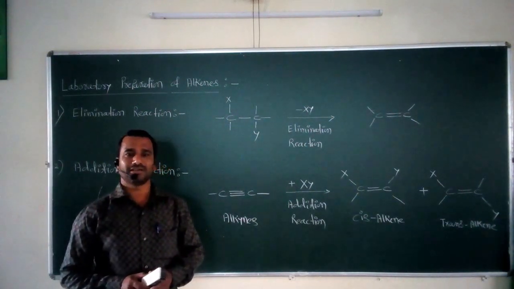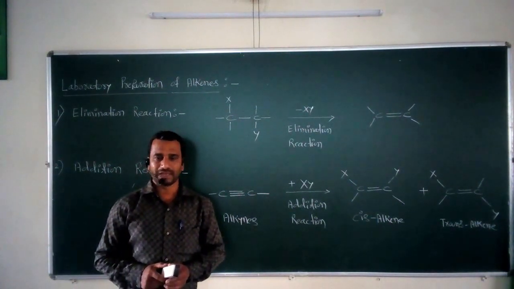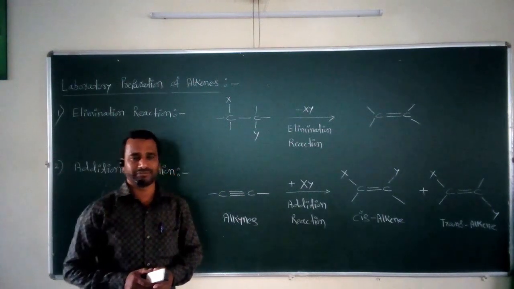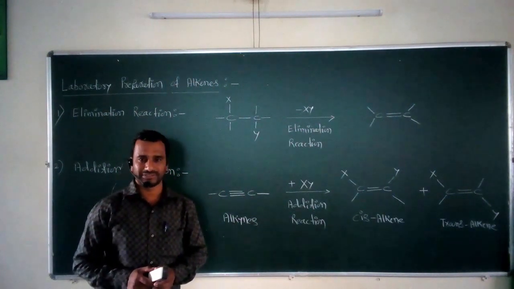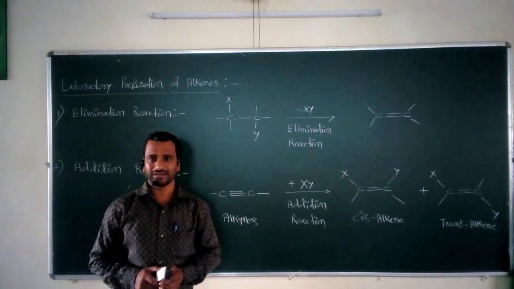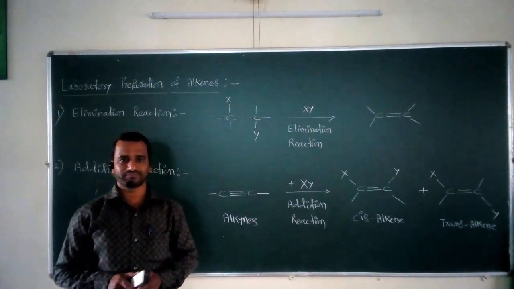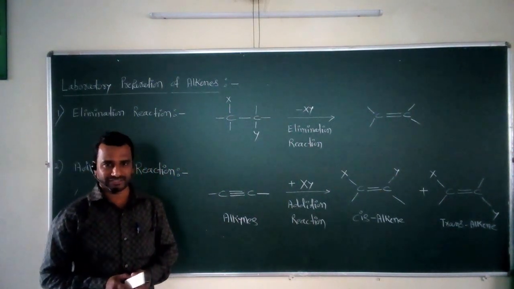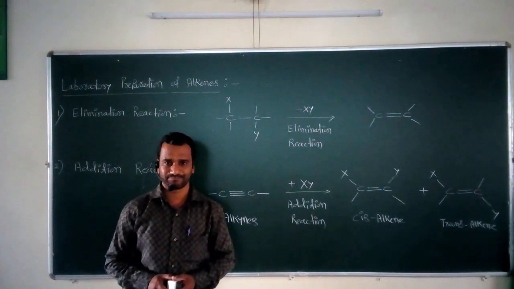Now after studying this important point regarding these alkenes, today we are going to start another important point, and that point is the methods of preparation of these alkenes. We know that we can form these alkenes in two different ways. One is called the industrial method of preparation and the second is called the laboratory methods of preparation.